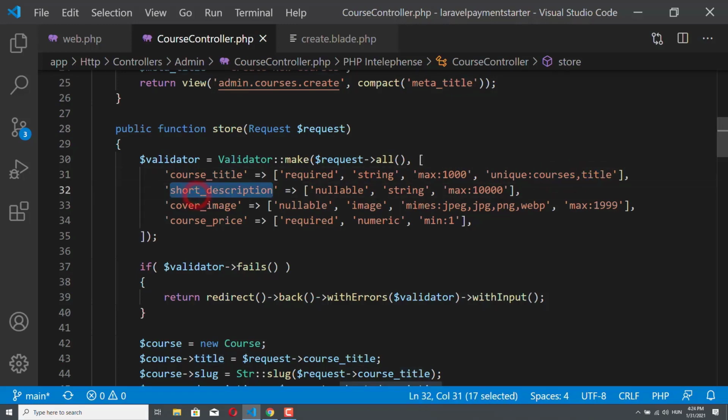The short description is nullable, which means that it doesn't have to be provided. However, if it is provided, it has to be a string and it cannot be longer than 10,000 characters. The cover image is nullable. However, if it's provided, then it has to be an image, and it has to be a JPEG, JPG, PNG, or WebP image, and it cannot be bigger than